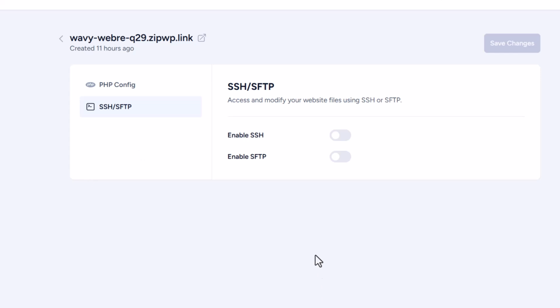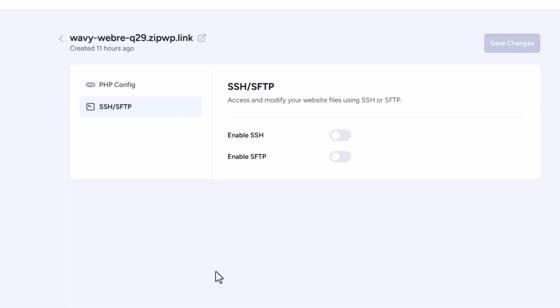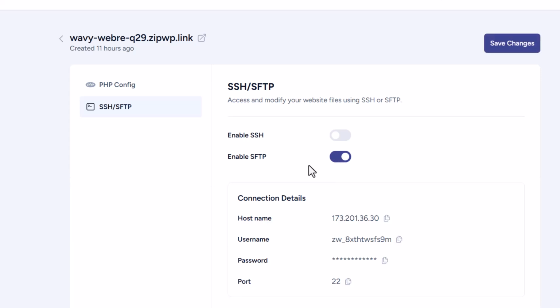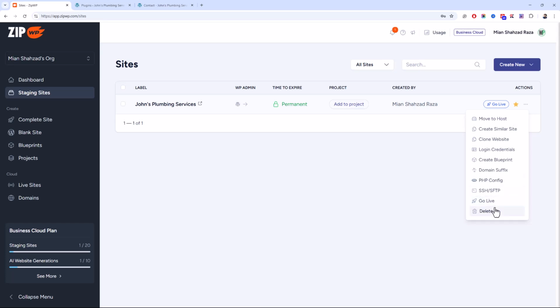And then you can also enable SSH, and you can also enable SFTP for this website. If you want to connect with SSH to use WP-CLI or any other SSH based service, then you can enable it. You can also enable SFTP if you want to modify the theme or plugin files using SFTP, or you want to access the file system, or you want to upload files, then you can use this SFTP feature over here. And then you can delete this website from here, and if you click on go live,